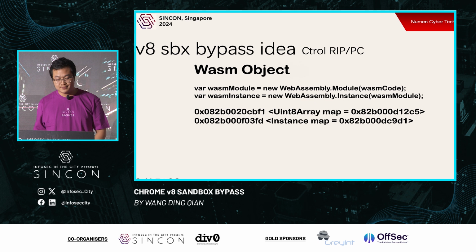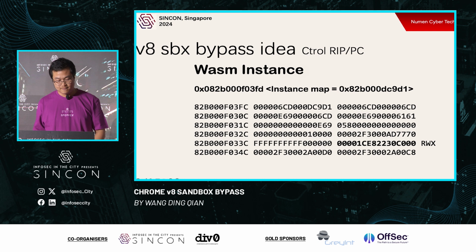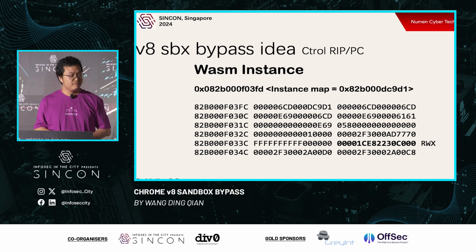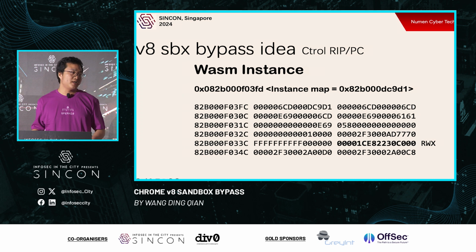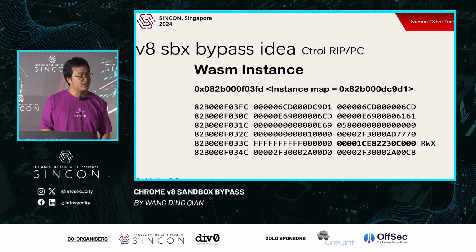We are going to apply the WASM objects, and we have to use the WASM language. We compile it to some bytecode, then we use the V8 engine to load it. And this is the memory. We can see the RWX, this is the pointer. I made the characters bold so you can see it. This is the RWX pointer. If only we can write to this position, then we can hijack the whole process, because we can see the WASM instance.